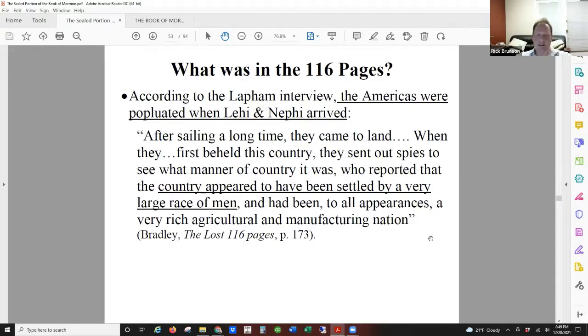So the Book of Mormon itself is pretty silent on if there were people in the Americas prior to Nephi and Lehi's arrival. And in fact, its silence has been a big criticism to a lot of opponents of the church, and there's been a lot of material written about that, about DNA and stuff. I don't want to get into that, but